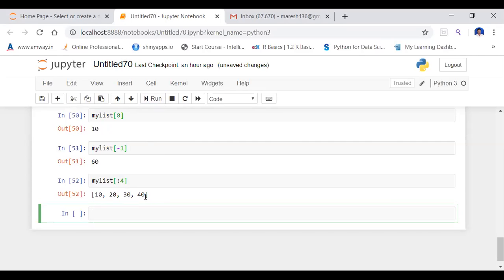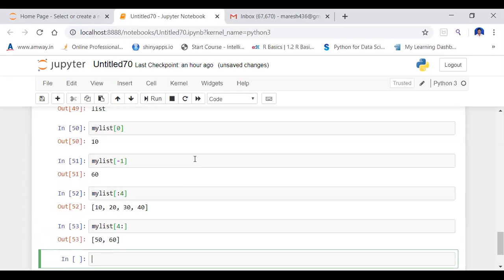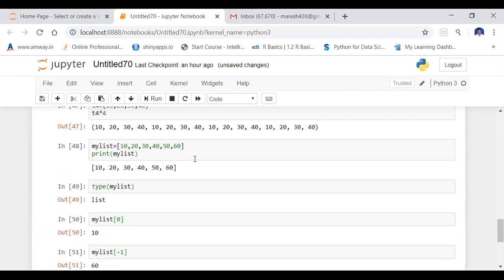Now, if I want to access my list values from the 4th index to last, 50 and 60, the last two elements. Like this we can access the list elements.